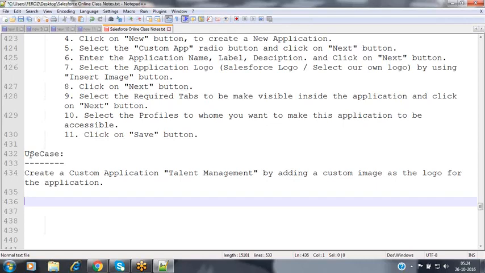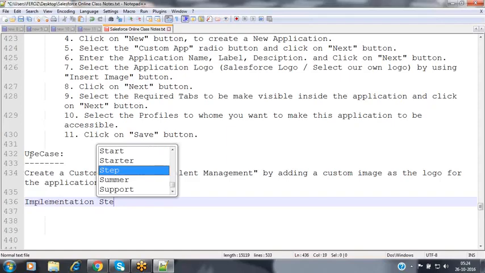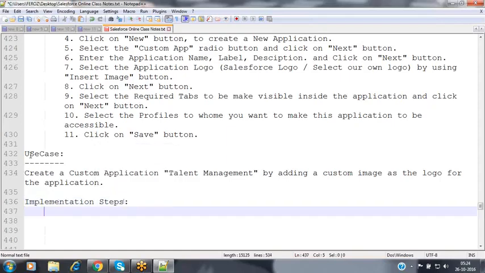Now we'll see here, as implementation steps. The first step is we have to get the image into our local system.